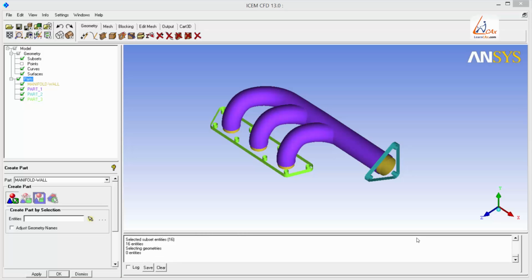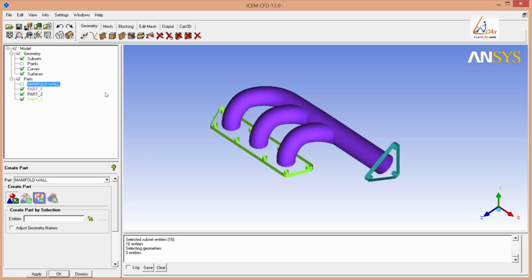So now we have separated the inner surface from the outer solid surfaces. Piece of cake, isn't it? But this method might not work for a few cases where there are some difficulties in importing the geometry, or when the surface definitions are not read properly in ANSYS ICEM CFD. But otherwise, the rest of the process is the same as shown in the earlier video,